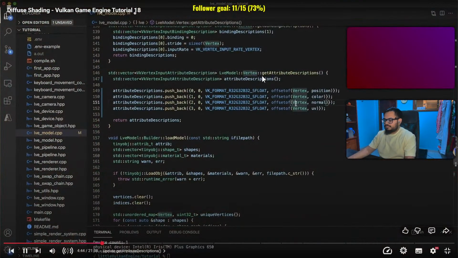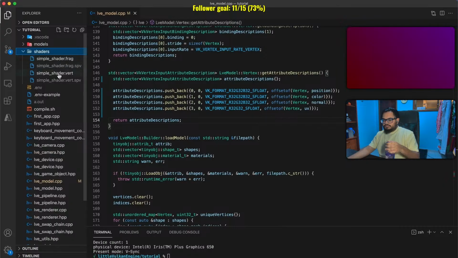And UV for the fourth. Finally, update the UV attribute descriptions format to only use an R32G32 float since texture coordinates only have 2 components. Next, we need to update the vertex shader. In the shaders directory, open simpleshader.vert and add 2